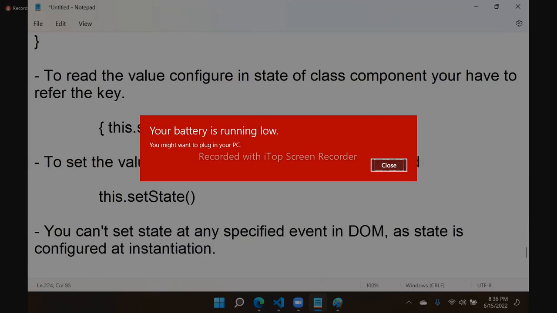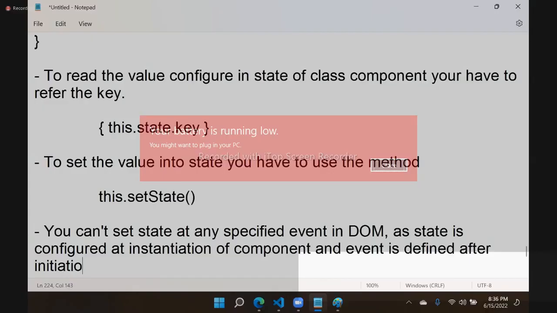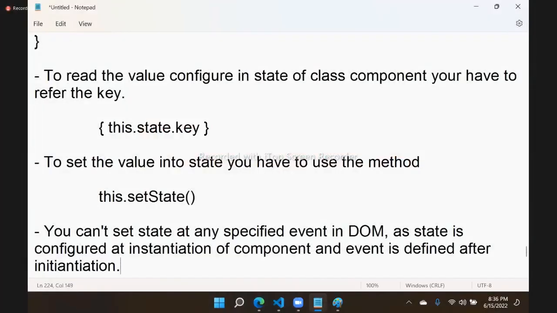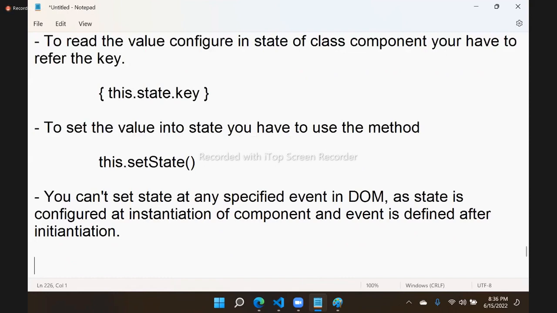Instantiation means creating an object. At instantiation of which one? Component. Instantiation of component, and event is defined after instantiation. State is defined at the time of instantiation. Event is defined at the time